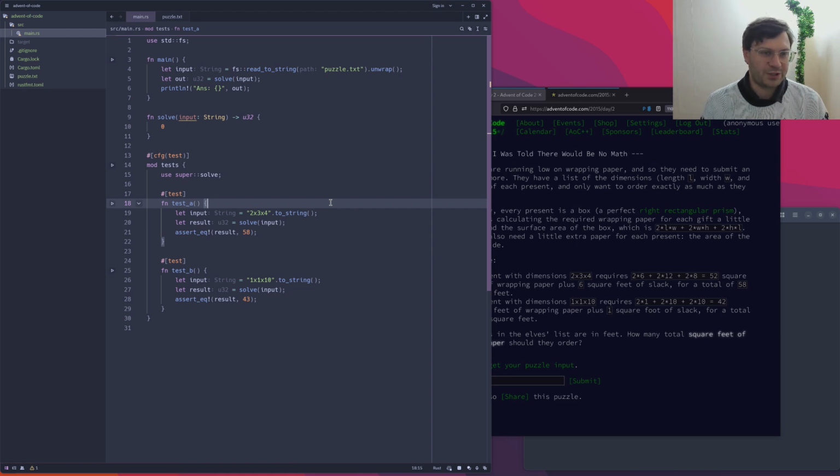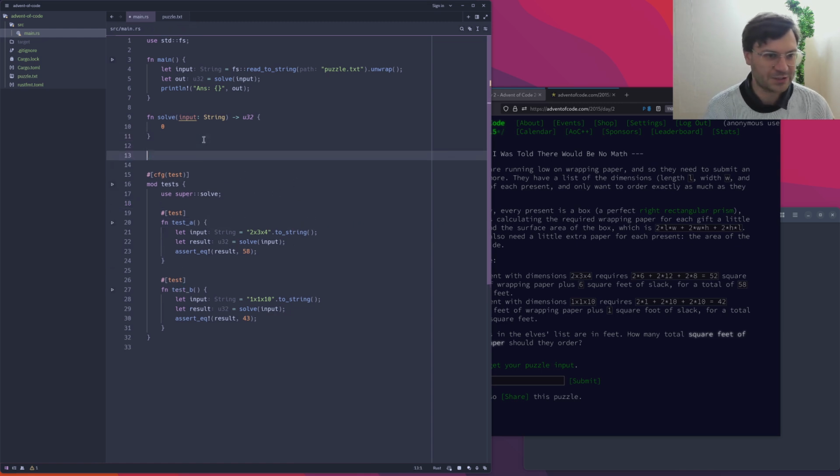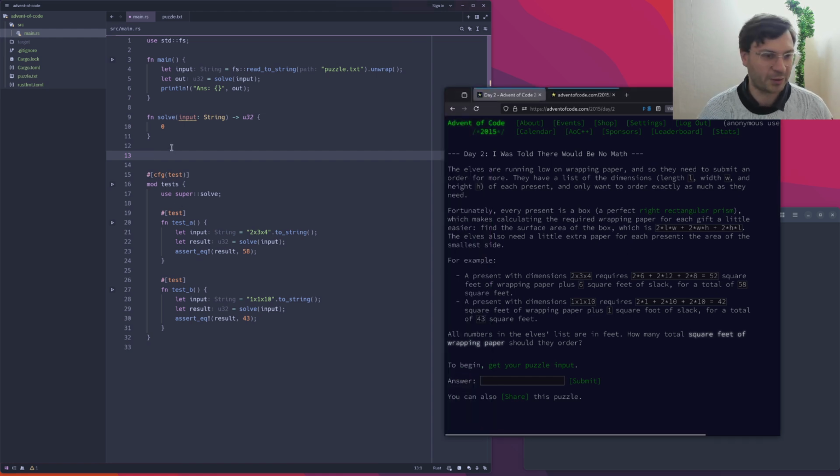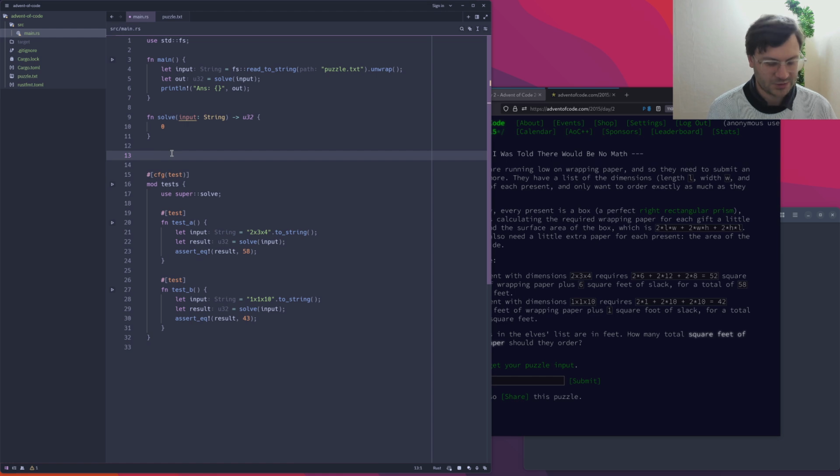What should we do? So I think we will create a present struct, so that's like an object or class in other languages, and we will implement the functions within that. So we will give the present a string, it will unpack it when instantiating that present, and we will then be able to calculate surface area and the additional wrapping paper required. So let's do a struct called present,